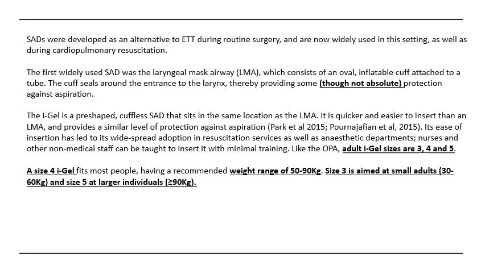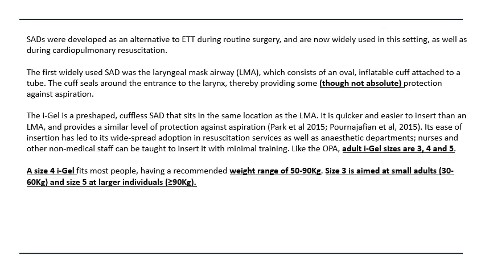Then we will talk about the supraglottic airway devices. Supraglottic airway devices were developed as an alternative to the endotracheal tube during routine surgery and are now widely used in this setting as well as during cardiopulmonary resuscitation. The first widely used supraglottic airway device was the laryngeal mask airway, which consists of an oval inflatable cuff attached to a tube. The cuff seals around the entrance to the larynx or laryngeal inlet,